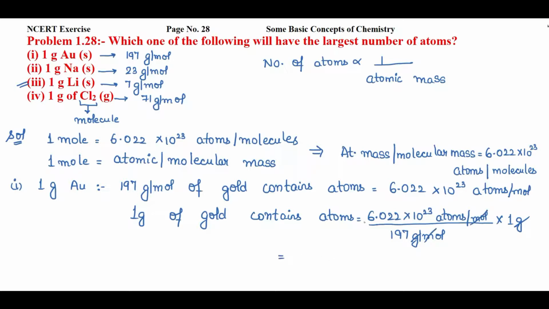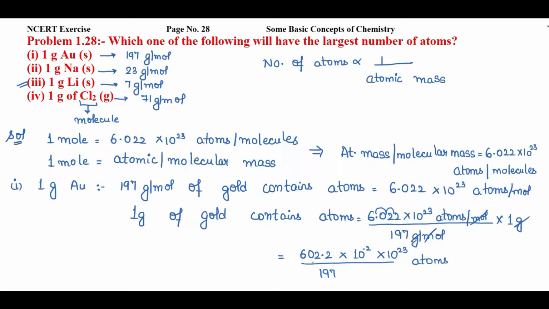If we see, the value in the numerator is less than the value in the denominator. So I will convert this value into higher terms. If I displace this decimal from left to right, definitely I will have the power in negative form. So I will displace this up to 2 digits, 1, 2. So it will be 602.2, into, definitely, 10 raised to power minus 2, because we are displacing this up to 2 digits from left to right. So into 10 raised to power 23 divided by 197. Final units, atoms only.